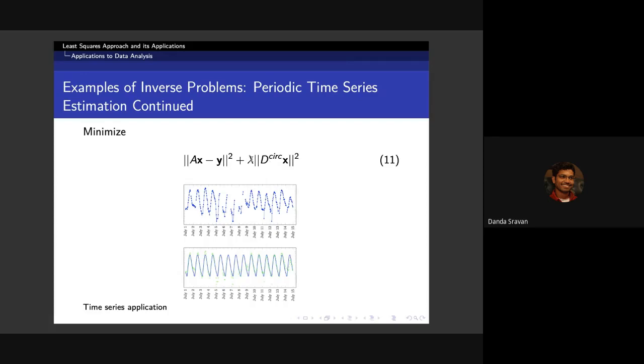So if I minimize that particular cost function for high lambda, it turns out to be a constant x value irrespective of the hour that I look at. Or in other words, for high lambda, if I try to minimize this equation, then I get a constant line here when I fit the model.